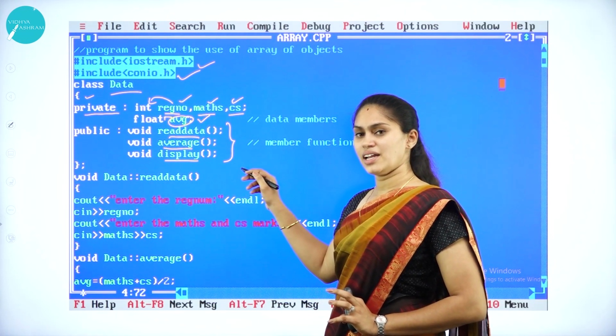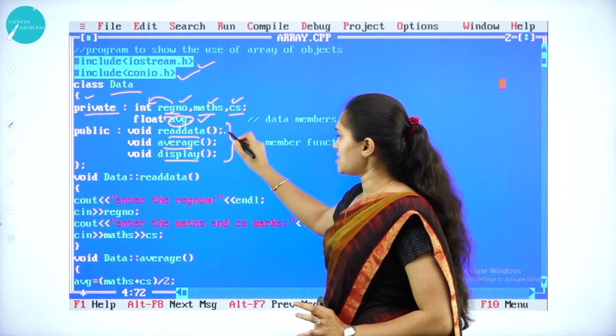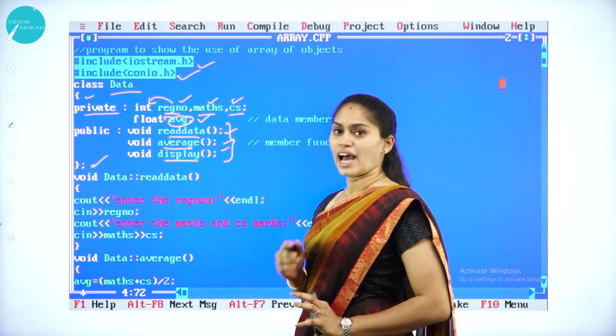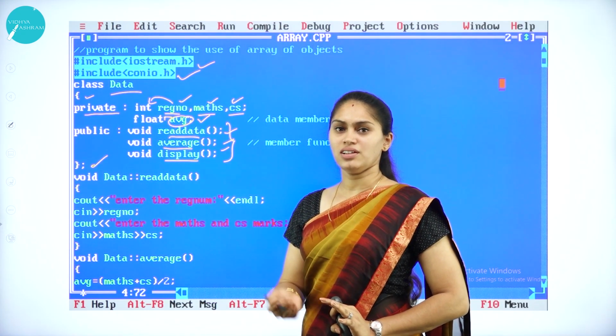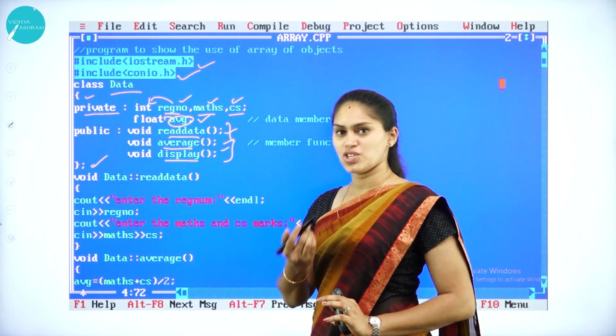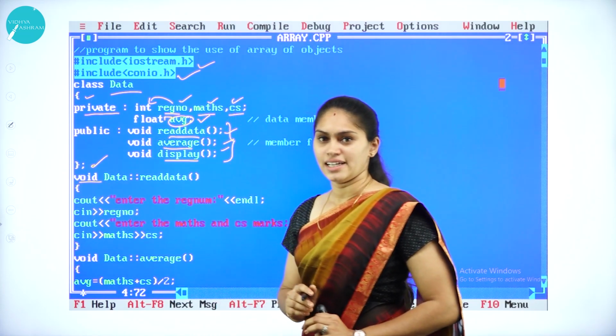So how am I defining or declaring the member functions here? I am just declaring the member functions inside the class, but I am going to define the member functions outside the class. Okay, so how to define the member function outside? For that, we need to specify the return type.